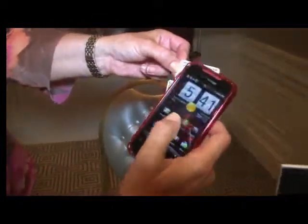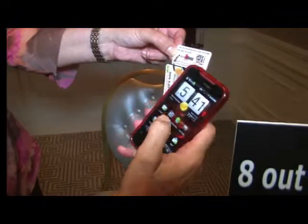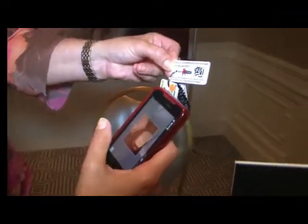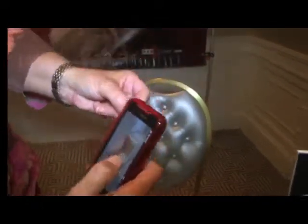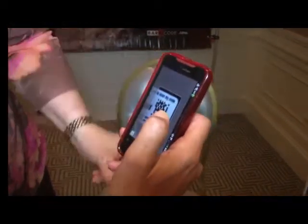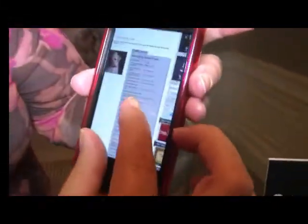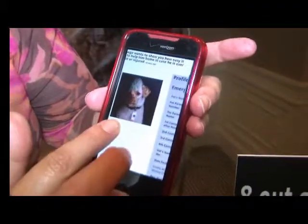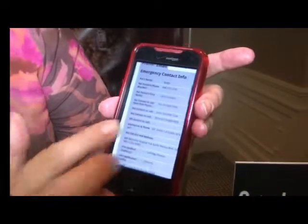So I'm going to show you that first, but you can also use a regular data phone. So you go to the actual app. If you don't have it, you can download it. It shows you here. Download the free reader at 2dscan.com, and it'll recognize your phone. Then you simply take the tag and you scan the code on the back. And literally, within seconds, the finder of your pet, if they can't get a hold of you, now has backup telephone numbers, email addresses, that happens to be mine, that's Spago, and backup telephone and email addresses not only of you,